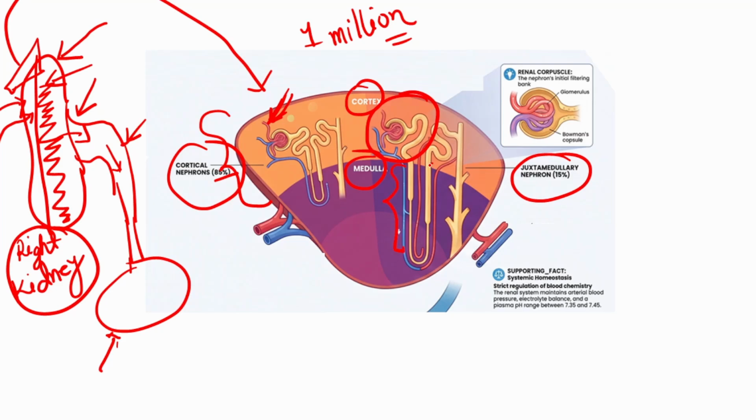This part you can consider loop of Henle roughly, and that plunge deeply into the innermost regions of the renal medulla, wrapping around specialized capillary networks. If you see the meticulous detailed image, then you will find the loops of Henle are wrapped around by capillaries, kind of like this. As I have already shown you, the loop of Henle is the U-shaped portion of the nephron that conducts urine within each kidney. This deep penetration creates a critical anatomical layout that directly dictates the kidney capacity to generate concentrated urine and preserve